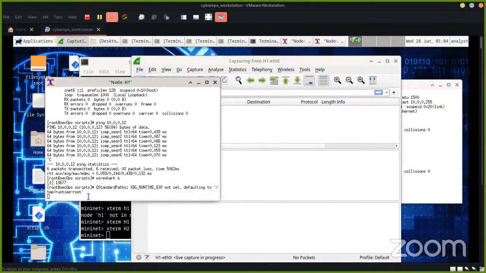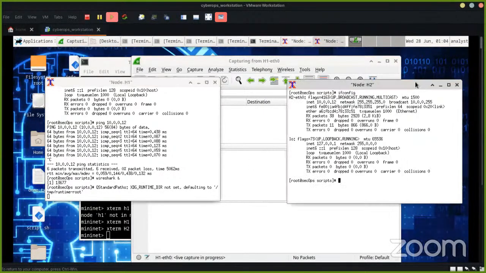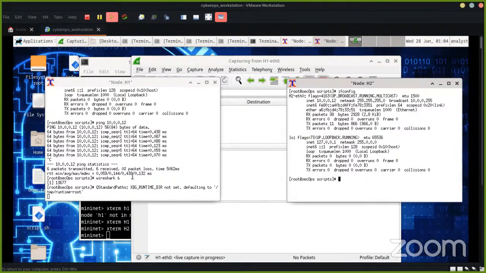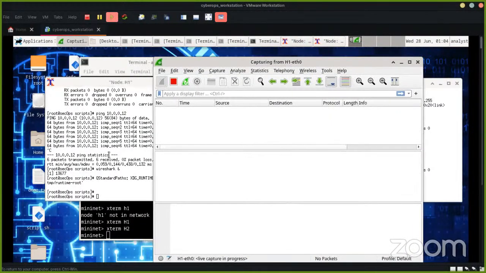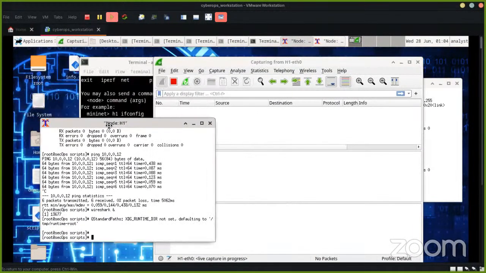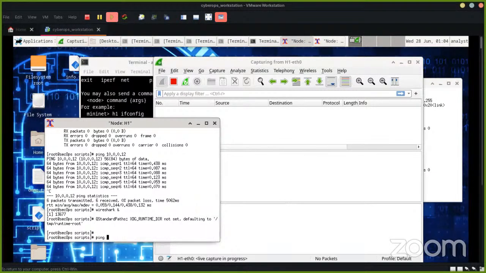Okay, so now let me try to ping node H2 again. If I try to ping it again, remember the IP is 10.0.0.12. Let me show you what I mean. If I try to ping, let me say ping